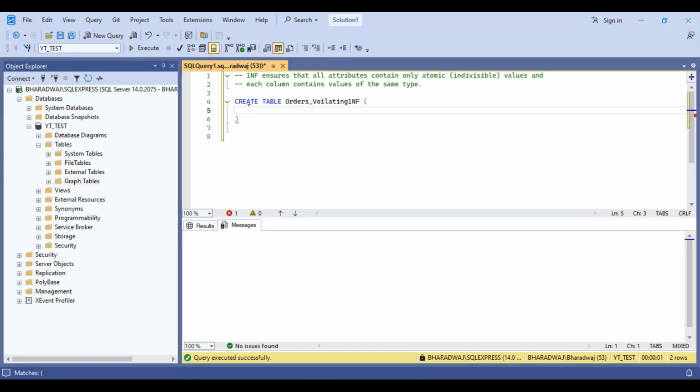Within the table, I'll go with certain fields. I want the order ID, the customer name, and items. Order ID is of type int, and let's not make it a primary key. For customer name, I'll go with a varchar of 100. The next thing is the item, which is again a varchar of